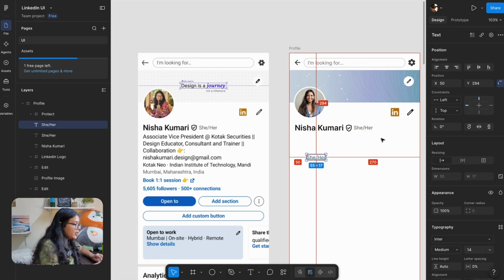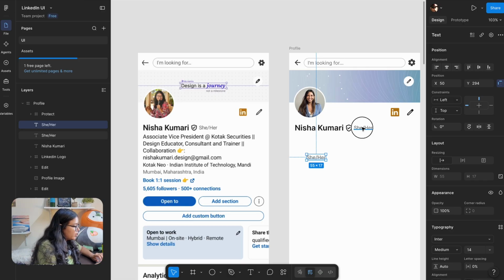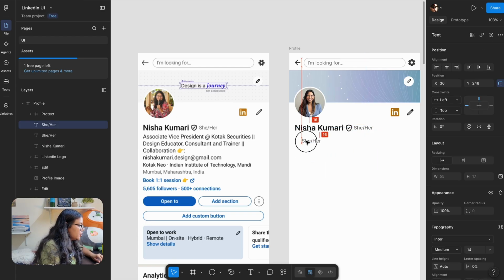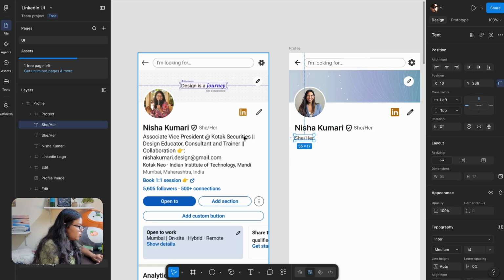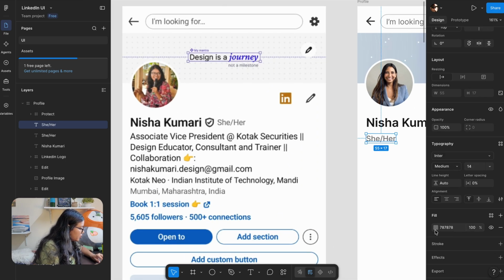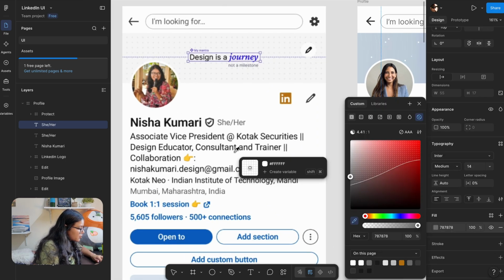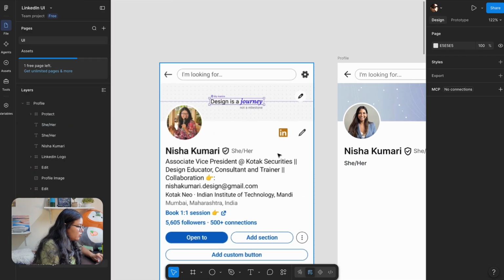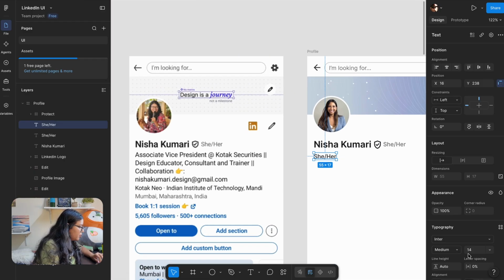I'm gonna duplicate it. Another way to duplicate is you can click on this element, then press the key Option or Alt, and then click and drag. So this will also duplicate your element. Okay, I'm going to place it right here. Change the color. Again, I'm going to pick the color. Okay, and now this seems a bit bigger, so I'm going to keep it like 16, bit bigger.